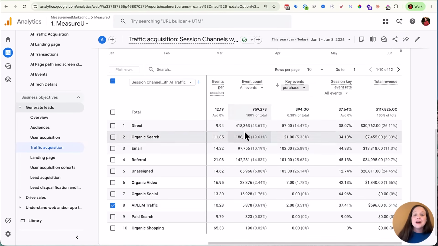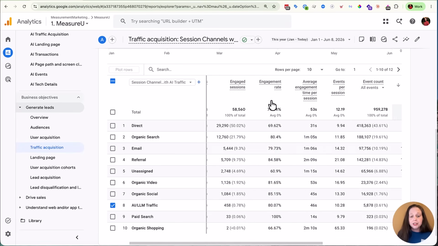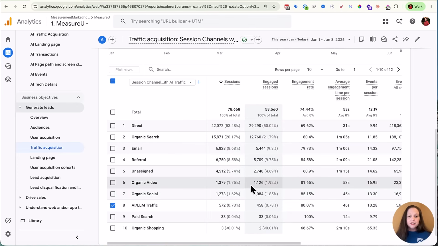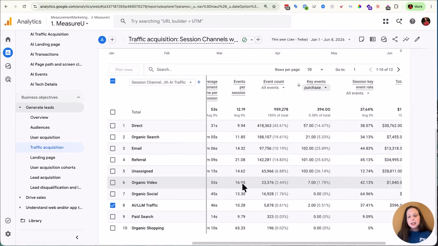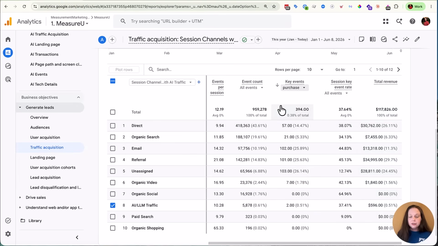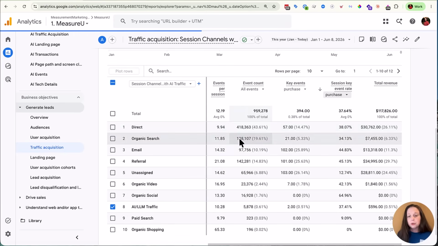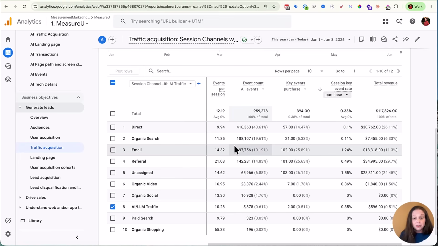So there you go. For our date range, basically the year to date, that's what we've had for that particular traffic. Looking at the sessions we've had, it's only about 572. Now you might say, I want to compare each of these traffic sources, all this direct and all these other things, to what my other traffic is doing. Like, what is the session conversion rate? You can do all this inside here. There are a lot of great things you can analyze inside of GA4 that allow you to see what's going on.